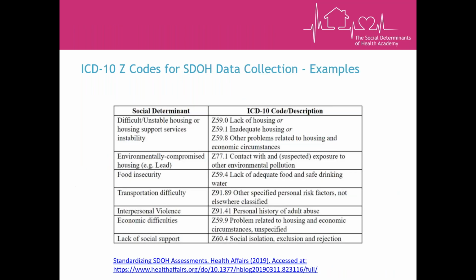Quickly, this is a non-exhaustive list of some of the Z codes. If you're not familiar, they're an opportunity, which was not available in ICD-9, the previous iteration, to actually code different social determinants and patient needs, as you see in this example, like housing insecurity, food insecurity, transportation difficulties, if the person's experiencing interpersonal violence or economic difficulties. We all know, as working with health centers, that these things really impact people's ability to access care and